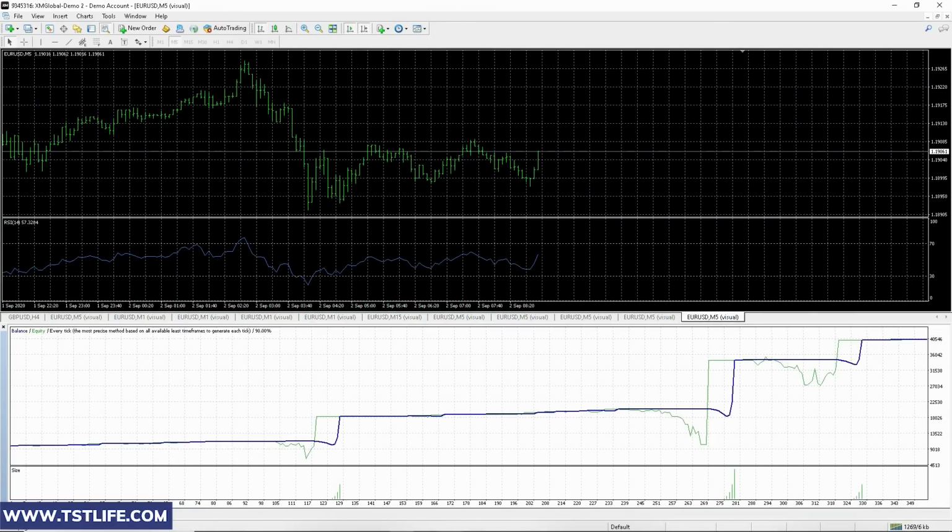Well, we have just completed the backtesting process. The equity has tremendously increased, but only by looking at this, I can imagine how high the drawdown would be. So basically, the price has made a sharp move against us in these three instances, and we needed to place many trades to recover our loss.